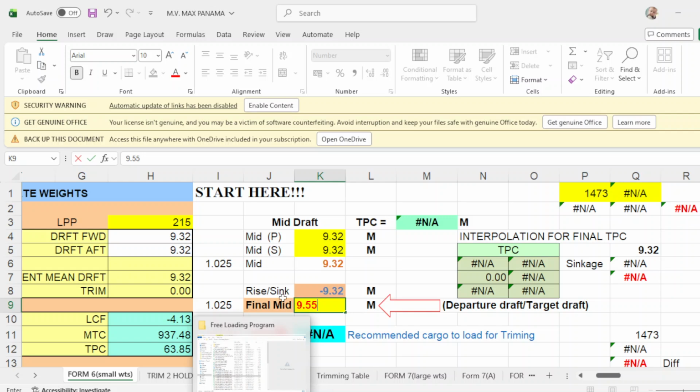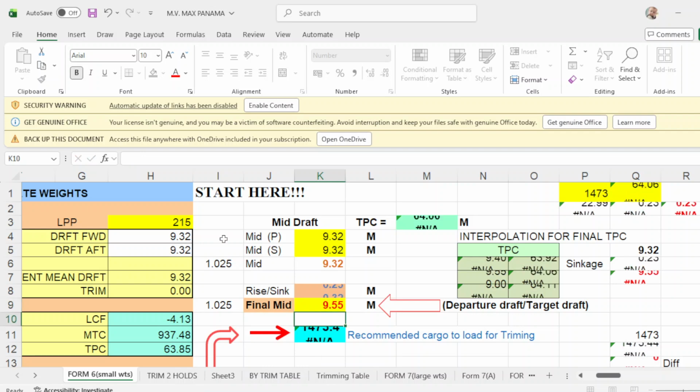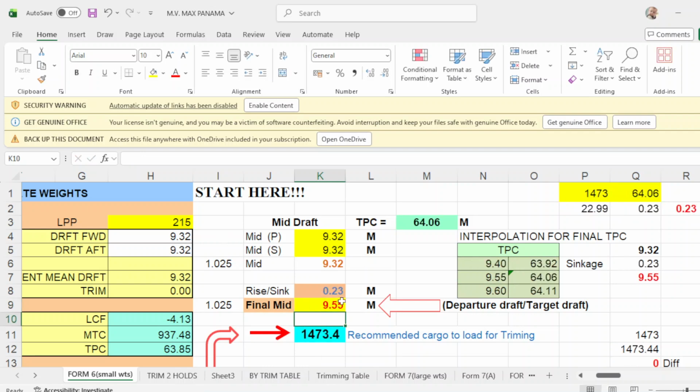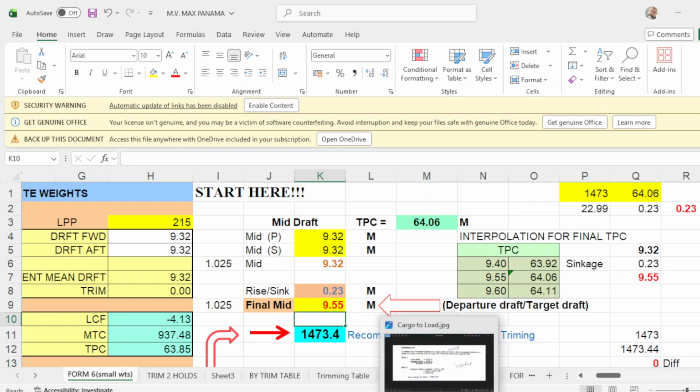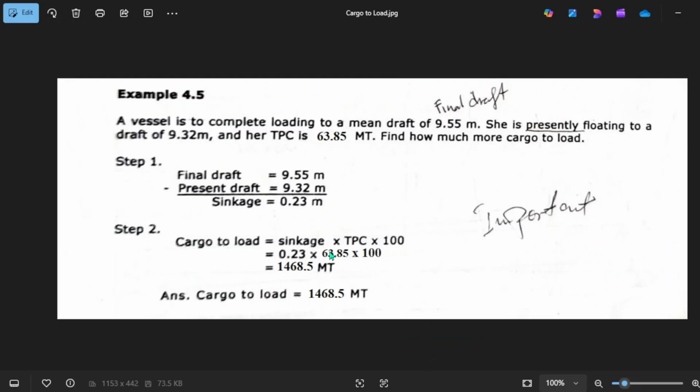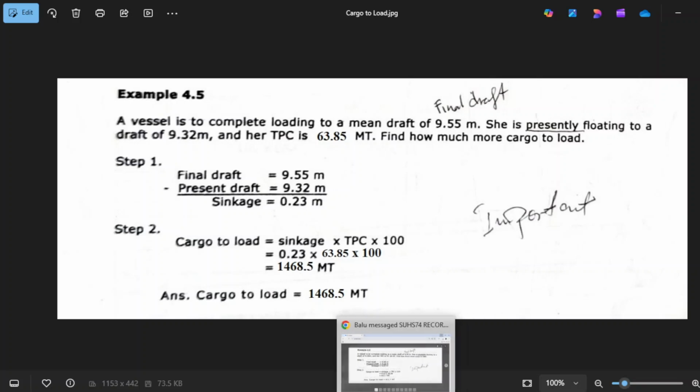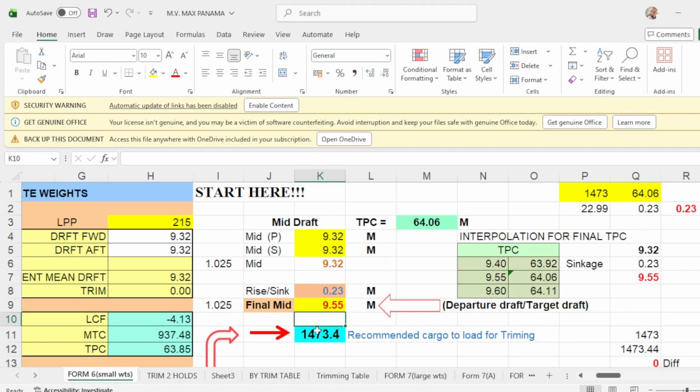Take note, guys, of your rise or sinkage. It will automatically show you the sinkage, which is 0.23. This is very simple: your final drop minus your present drop is your sinkage. This also goes with your program.